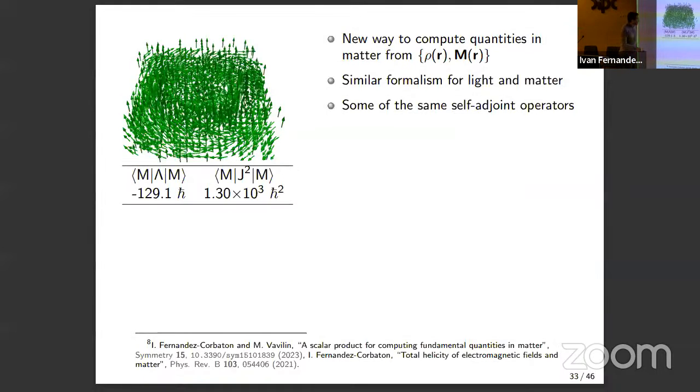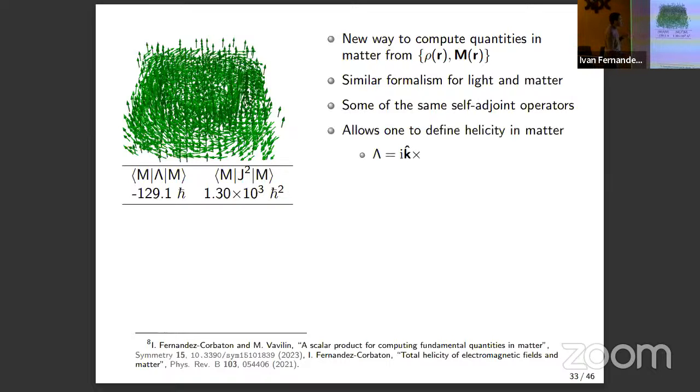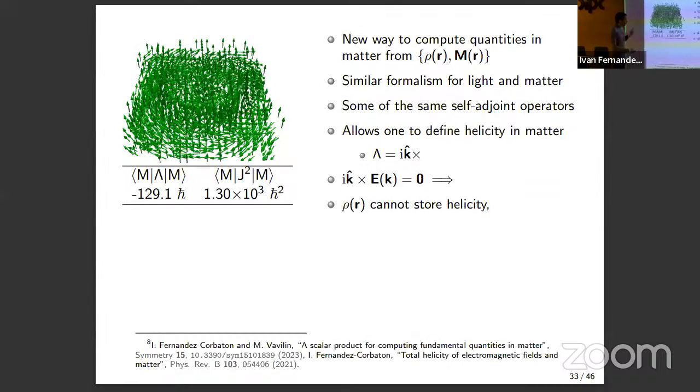Okay, so my point is that the formalism for light and matter is now, for these calculations, so similar that you can use some of the same self-adjoint operations. In particular, this allows one to define the helicity of matter, this thing that I just computed already. It was said that you could not do that, but the argument that they used for that was wrong. You can actually do this, and you find that when you do that, the helicity operator, this is the representation in K space,